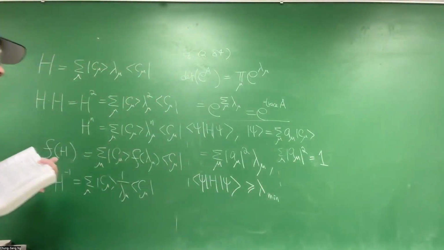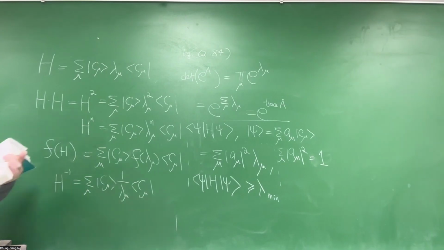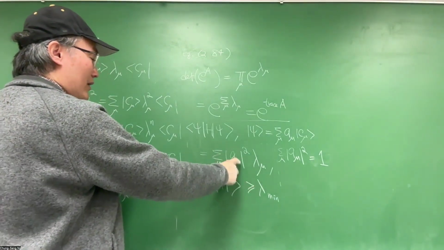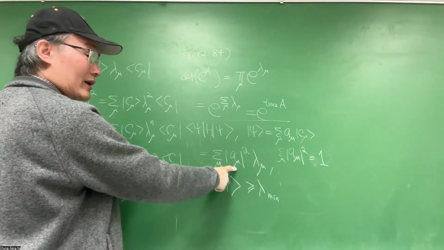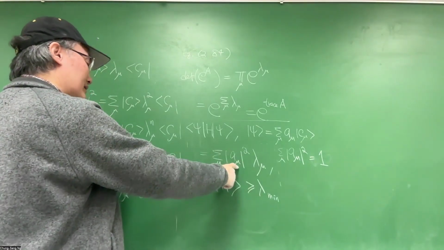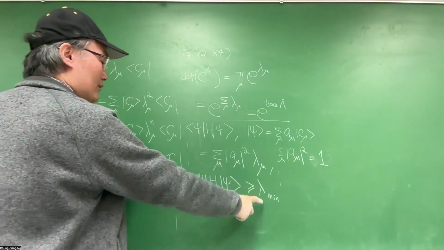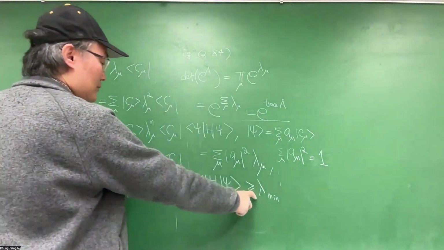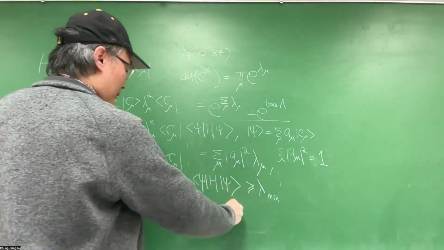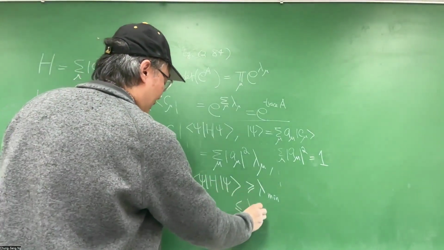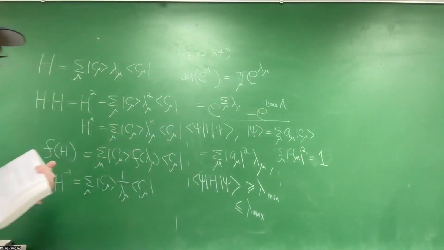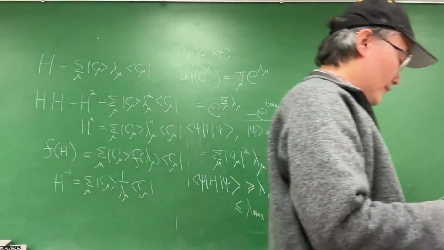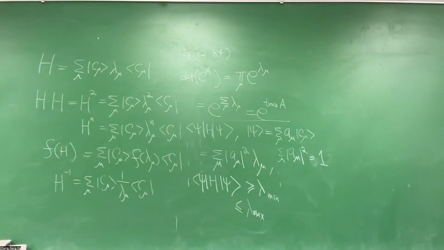If all the eigenvalues have a minimum value, then the smallest expectation value occurs when the coefficient is 1 for the smallest eigenvalue and everything else is 0. Then you get this one, right? Otherwise, it's always greater than this one. And likewise, this will be smaller than the lambda maximum if it has a maximum value, right? That's just a straightforward